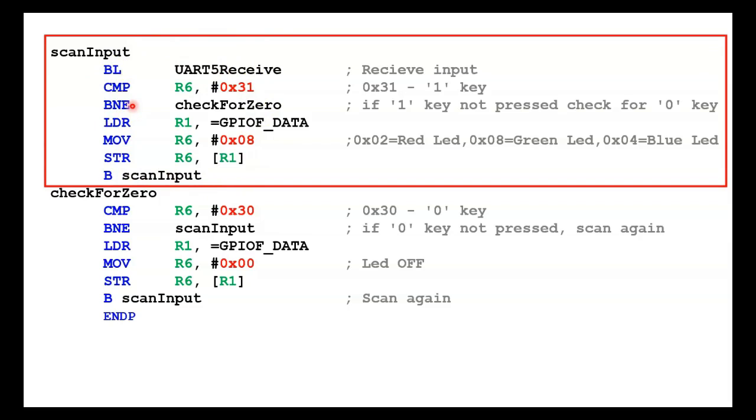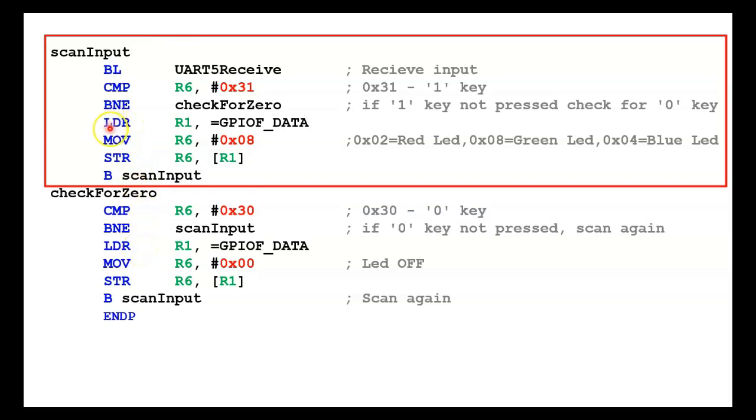So here this part will check for the numeric 1 key. If the numeric 1 key is not pressed, it will branch to this part here, check for 0. Now we'll come back to this in a few moments. Now, if the numeric 1 key is pressed,